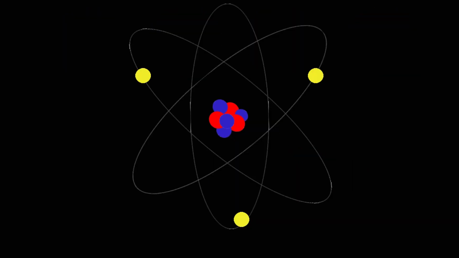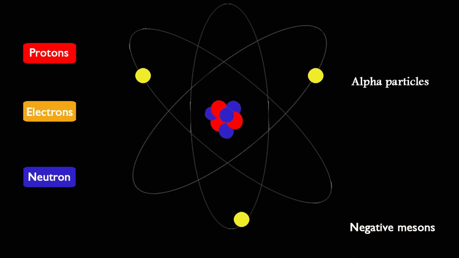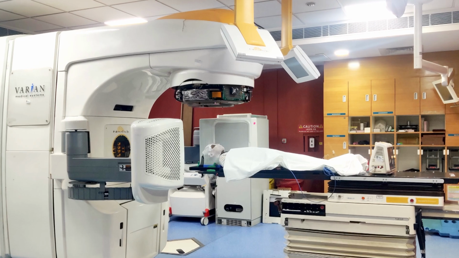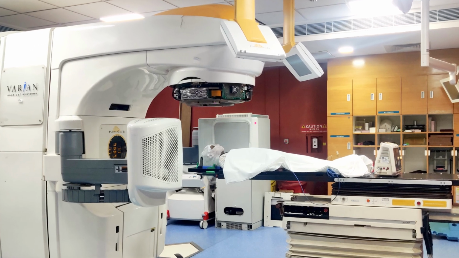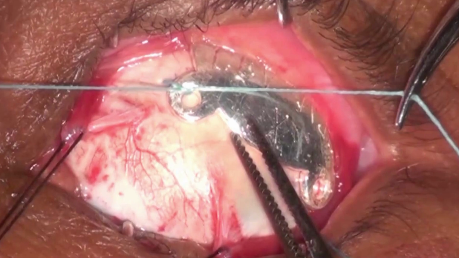Particulate radiation includes electrons, protons, neutrons, alpha particles, negative mesons, heavy charged ions and beta rays emitted by radioactive isotopes. Radiation can be delivered to the target tissue in two forms: teletherapy or brachytherapy. Teletherapy is when it is delivered from far, and brachytherapy is when it is delivered from a close contact with